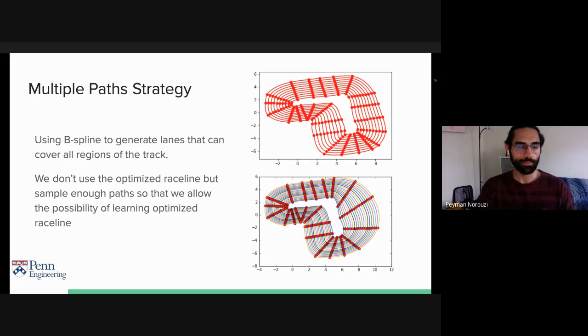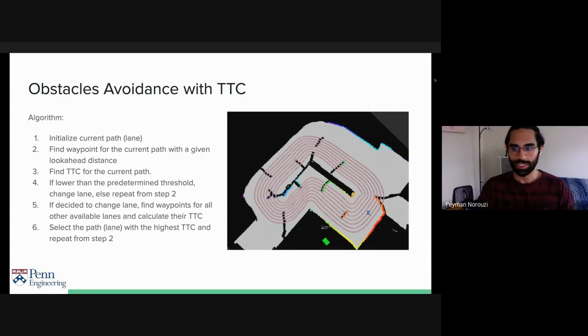And then we have one additional path that is not shown here. And that is the path that is the shortest distance around the track. Our hope was that using that, we would be able to help the RL approach choose that path when available, because that has a guarantee to be pretty fast. So this is our TTC algorithm, I would say,